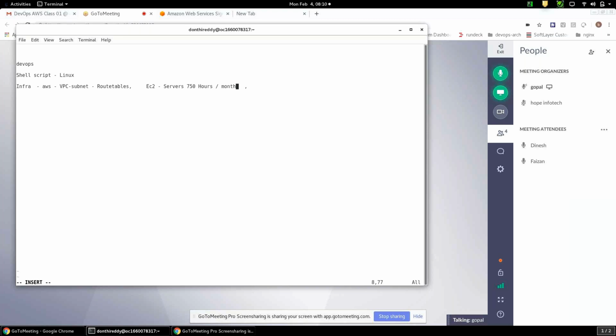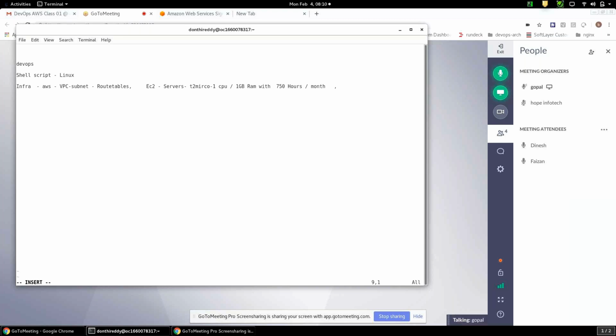I'll go through that. When we go into the practical, I'll show you how each and every service works, which is a paid one, which is a free service, and at what level it is free. One more thing: on EC2 you can create only micro instances, not more than that. Only T2 micro instances are free in Amazon for us, with one CPU and 1 GB of RAM, with 750 hours per month. Other than T2 micro, you should not create other servers.